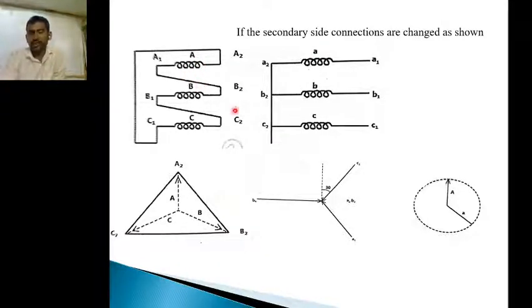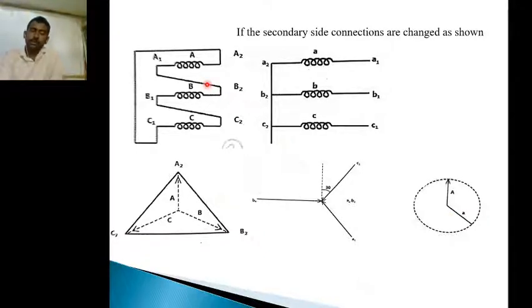So then what do we get? If we consider any one phase, this is the 12 number, and this one is the A phase that represents the 5. So the clock representation is 5 o'clock. So that's why it will be called D, capital D, small y, 5 o'clock representation.